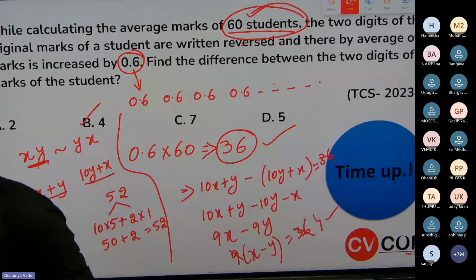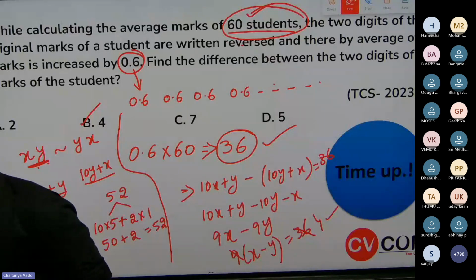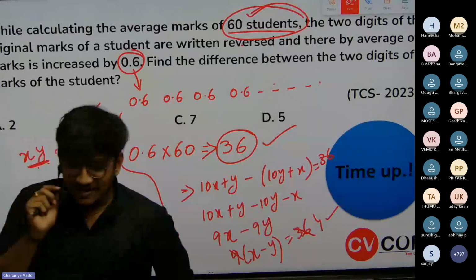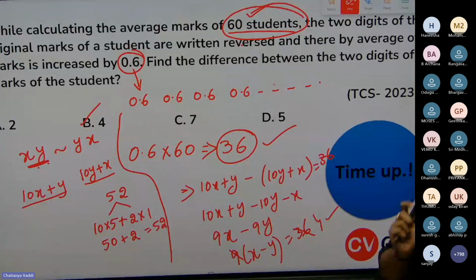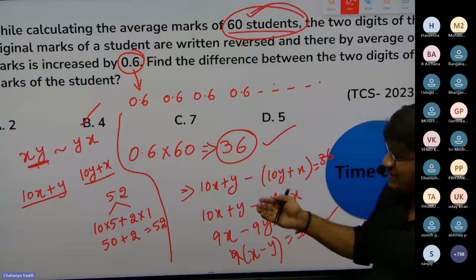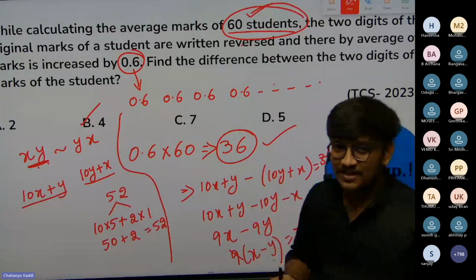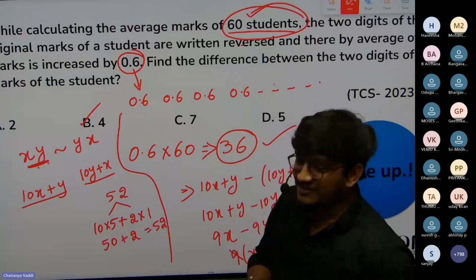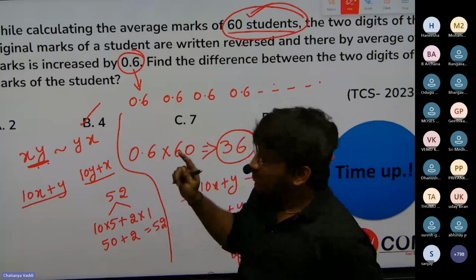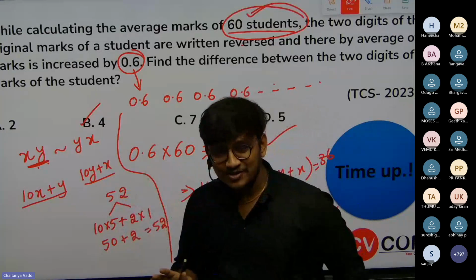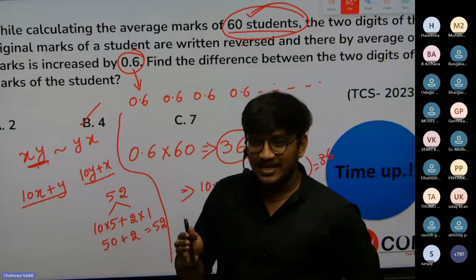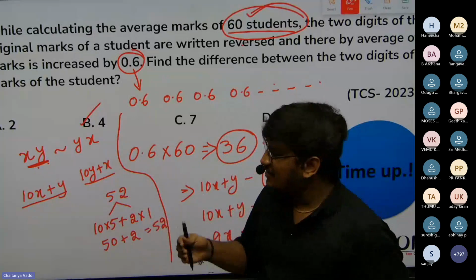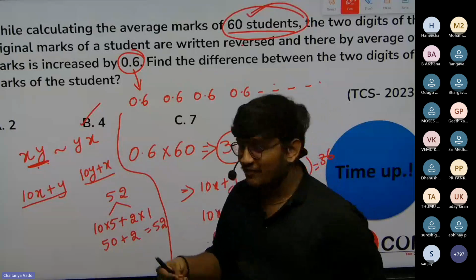Okay. Pavani posted: sir, each question it's clear to solve after you explain, but coming to the next question, it's difficult to do. Actually, the same question might be running in many students' minds. When we are explaining TCS-specific questions, it's very difficult to explain the entire concept. In CV Corp, I used to explain the averages concept for a minimum of 3 to 4 hours, but the time we have is very less, in the next 10 days. So whatever the best we can do, we are explaining.